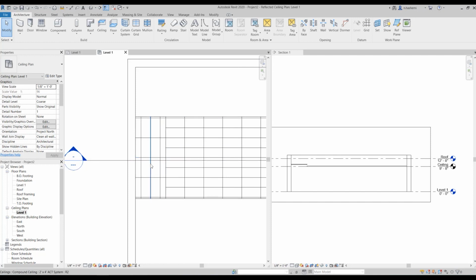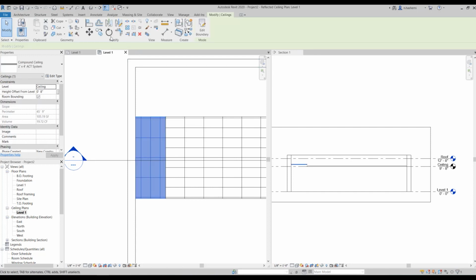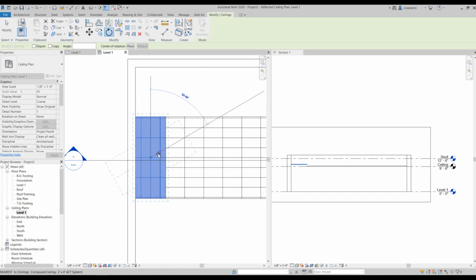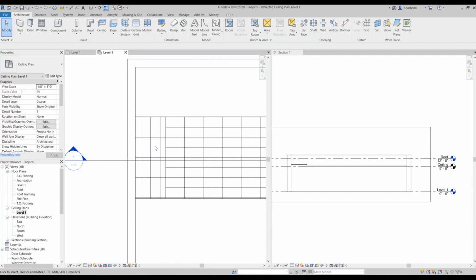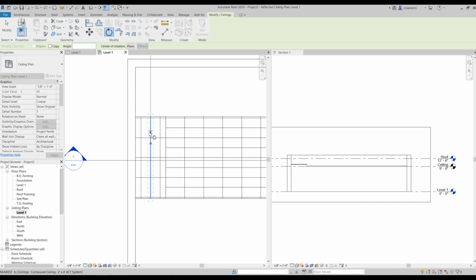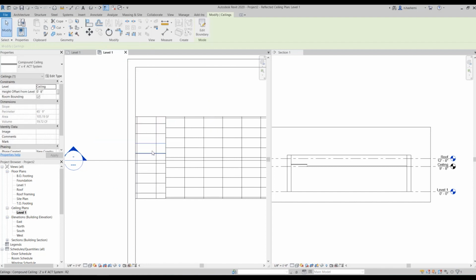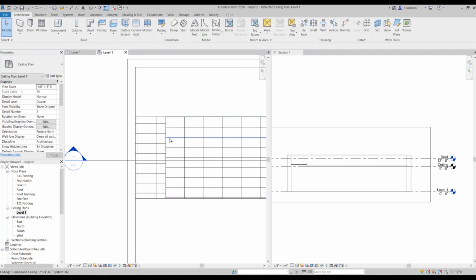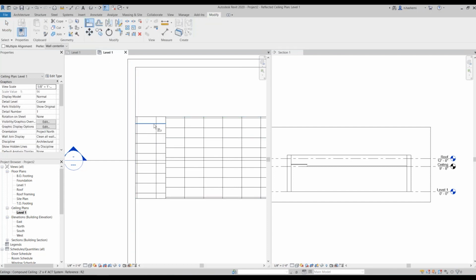So I'm going to select this smaller one and rotate it. Oh, not the ceiling, the pattern. And then I need to align the grids. And I'm going to lock it so they move together. Now everything looks fine and clean.